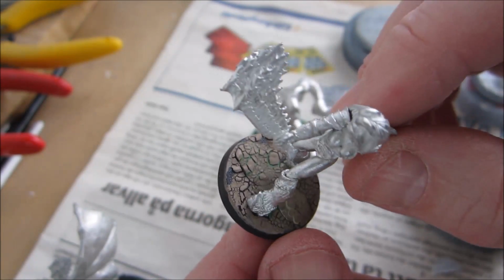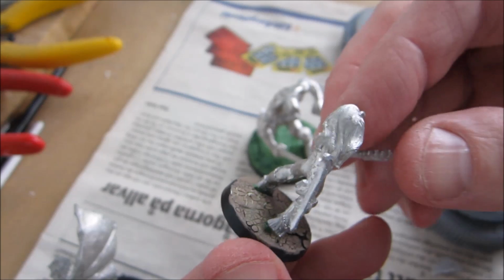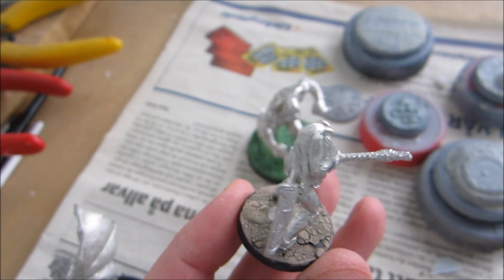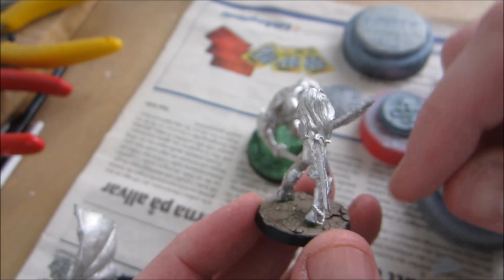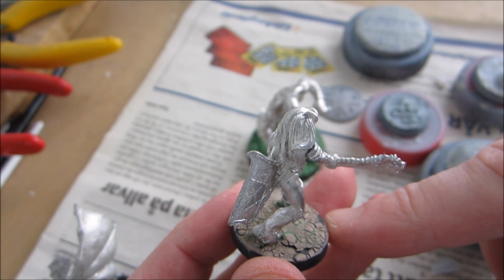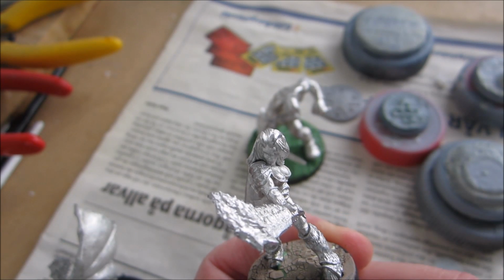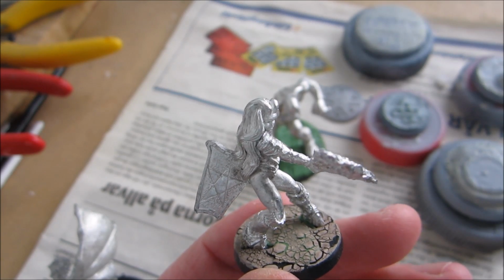The base I simply made out of Agrellan Earth, which is a technical paint from GW with some crackle medium in it. I suppose they use it as a finishing product on top of something else, but in this case I've tried to use it. Unfortunately it seems to be flaking off a bit. I hope the primer will seal it down. Maybe I need to put on another layer of the Agrellan Earth as well. Yeah, I'm going to use it to make a sort of cracked earth look. Anyway,